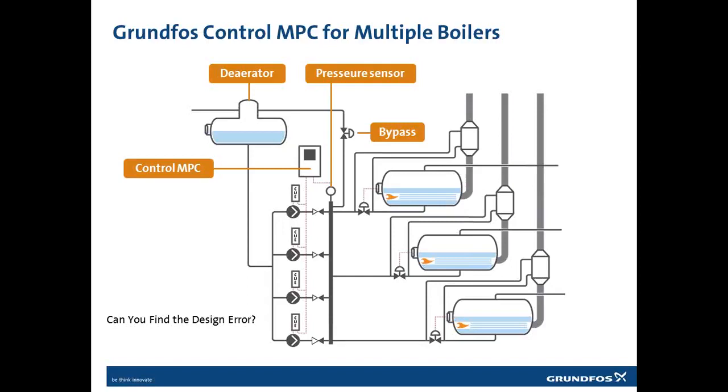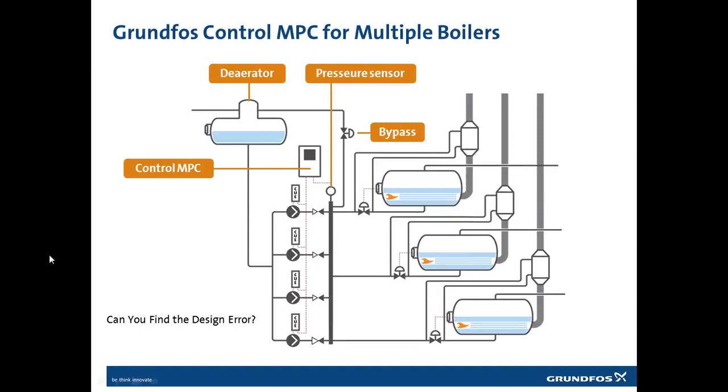We have a pressure sensor installed on the common feed line for the boiler feed, and these 4 pumps are running a constant pressure, ensuring a constant pressure in front of the feed valve, no matter the water intake to the boiler. On this system, because we don't know how the pumps are running and we don't know which boiler is calling for water,